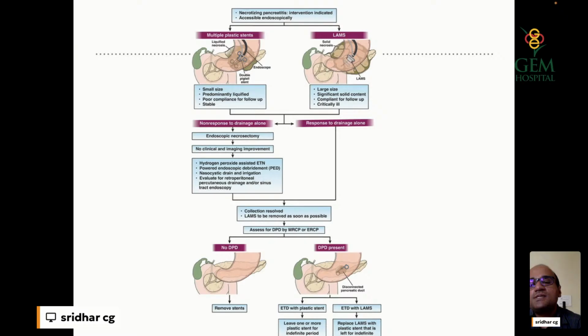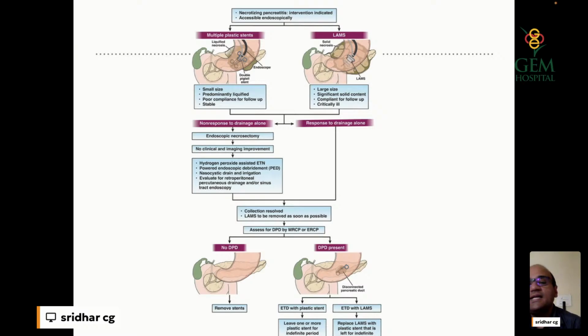So multiple options can be done depending on the case to case basis, but these are all much more important. When the collection is resolved, the lamps can be removed before 20 days or on day 20. Never delay a lamps removal because the risk of bleeding is pretty high when you remove late because of the neovascularization and the vessels formation, and even sometimes the necrotic material can get stuck inside the lamps and causes much